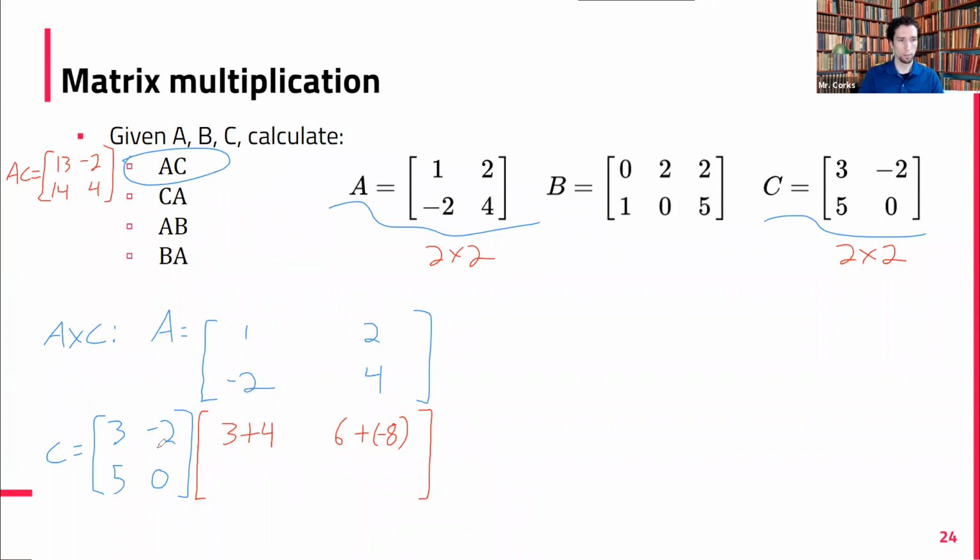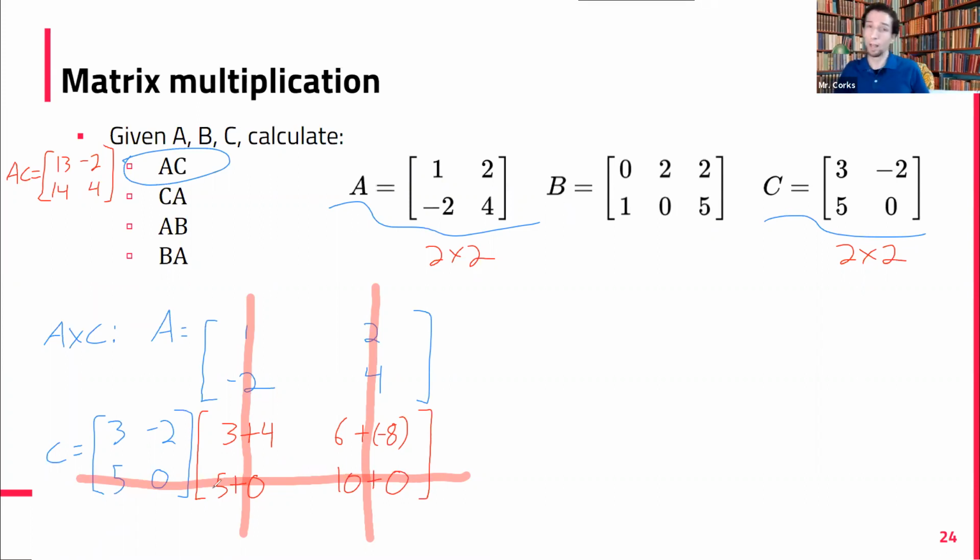All right. We are now in the second row, and then these two columns. I'll just put them both on there at the same time. For the first bottom left position, what are the numbers? 5 plus 0 times -2. So 10 plus 0. If we have a 0 when we're doing matrix multiplication, it's very nice because it makes a lot of our calculations very easy. Okay, so that's the step there.